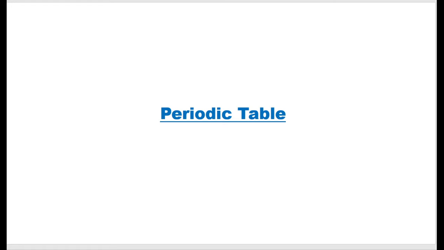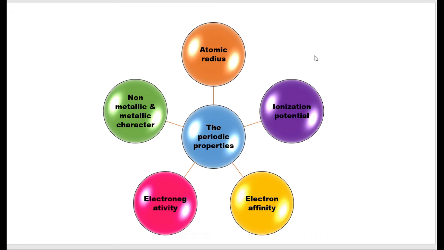Secondly, we have discussed the ionization potential. The definition was the energy you need to supply to an atom so that the loosely bound outermost electron is lost, and the various factors which were influencing the ionization potential. Today I will be discussing the remaining three properties. The first one would be